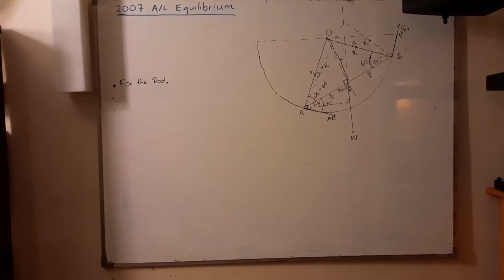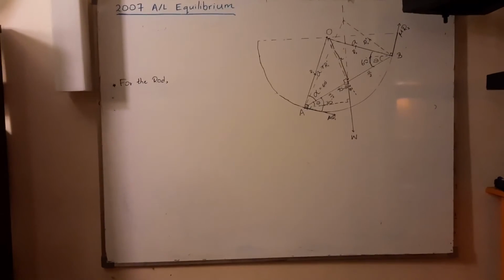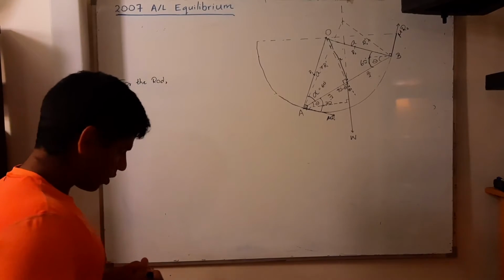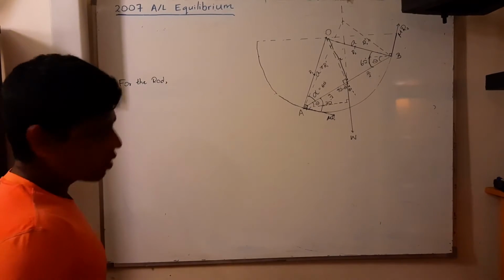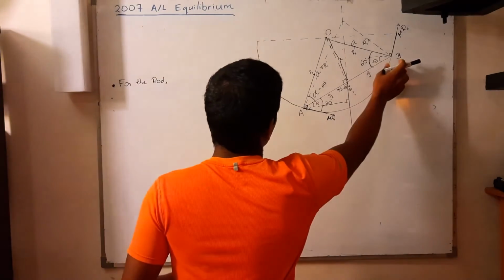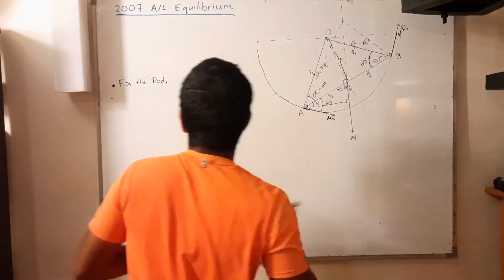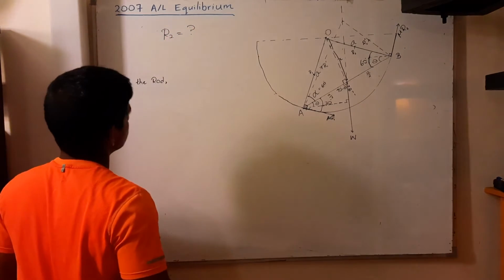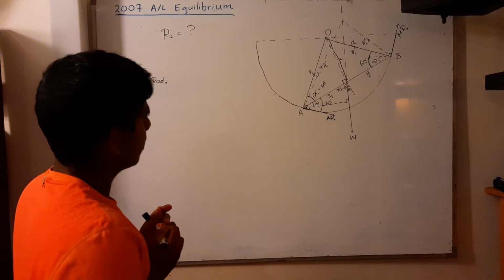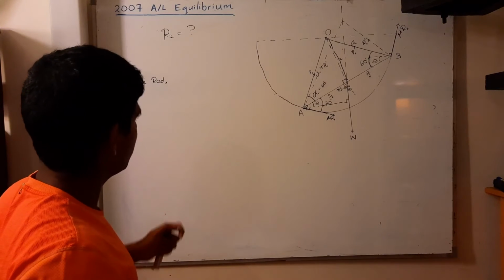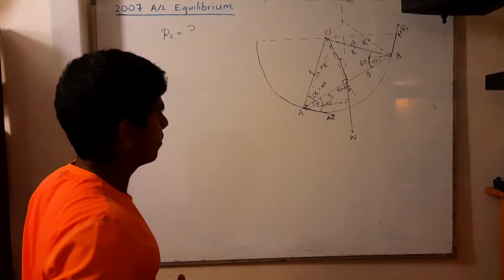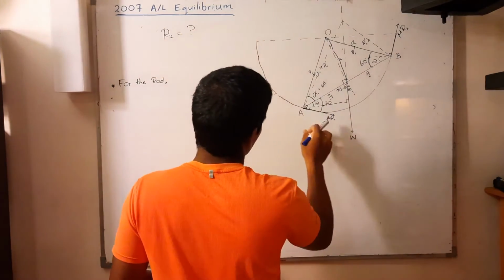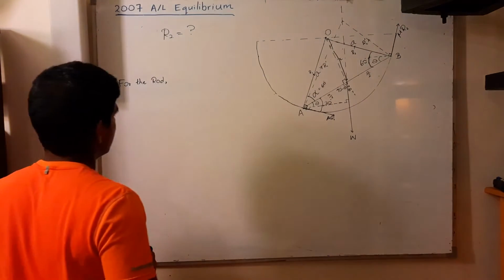Alright guys, since we successfully managed to prove the first part of the question, now we can move on to the second part. In the second part, they ask us to find the reaction acting at the upper part of the rod, so that is R2. To find R2, similarly to how we found R1, I'm going to take the moment of the system around A. When we take the moment around A, R1 and mu R1 get cancelled out.